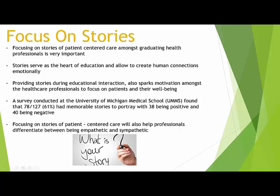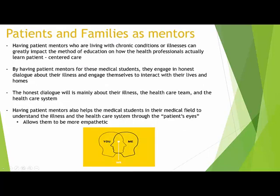University of Michigan Medical School, UMMS, found that 61% had memorable stories to portray, with 38 being positive stories and 40 being negative satisfaction stories. Focusing on stories will also help healthcare professionals differentiate between being empathetic and sympathetic. It teaches them how to feel sorry for someone and how to put themselves in someone else's shoes to experience their struggle. The third teaching method is